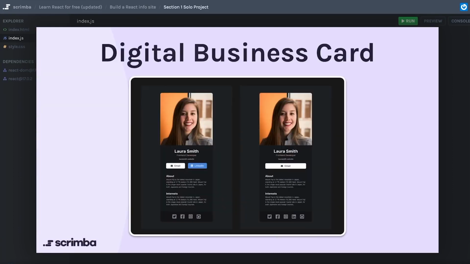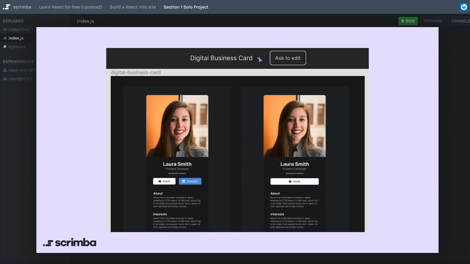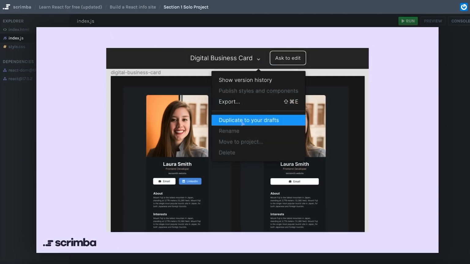For this project, you're going to be building a digital business card. Everything here is static, and you can see there's actually two different designs that you can choose from. In fact, if you click the screenshot, it will send you to the Figma design file. You'll see that there's actually more designs, including a light mode version of these designs. And what you can do is just choose the one you like the best and build that one. When you get to that design file, make sure to click the little arrow at the top and choose to